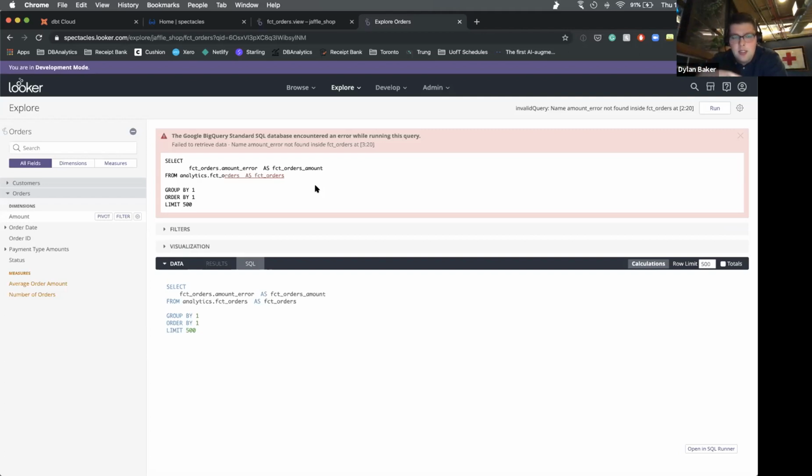And that's problematic because fundamentally when you're building these self-service systems, you need the end users to have a lot of confidence in what they're using. And if they see these errors a lot when they're trying to query stuff, that's problematic. And it happens a lot. It happens because people make typos or mistakes on the Looker side. And then it also happens because the underlying tables that they're querying could break. So you can conceivably change something in dbt and have it break in Looker without anyone on that side noticing.